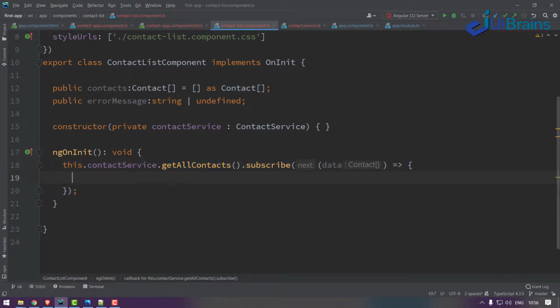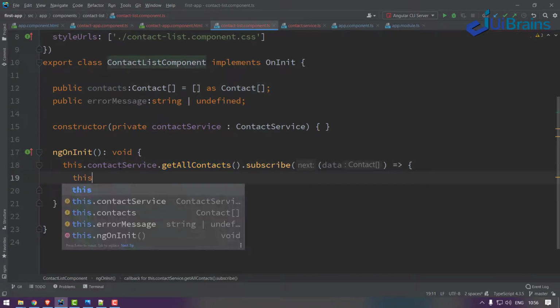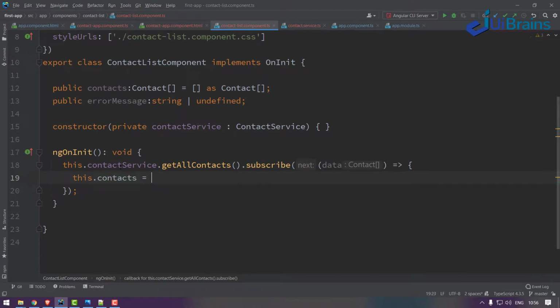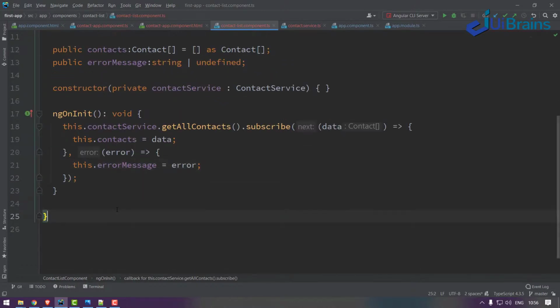That data I need to attach to my contacts, so this.contacts is equal to the data. And in between, if some error happens, you get the error. That particular error, I'll say this.errorMessage is equal to the error, right? Okay, done. Now we have the contacts variable filled.